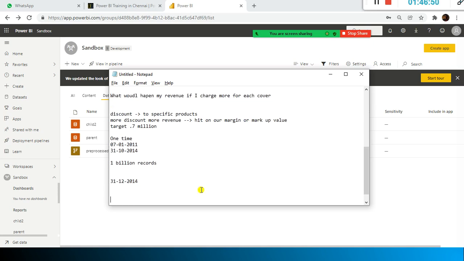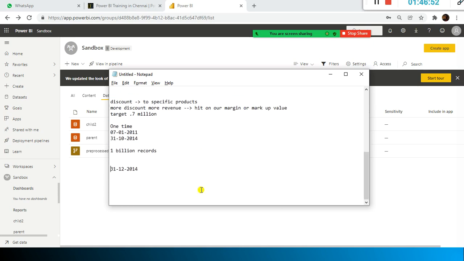So the next step is the rest of the things. From 11th and 12th month data alone, you need to load it. For example, now we are in 2021 December. This month's data alone, or next time, say 31/1/2015, when the incremental refresh runs as per the schedule you set, it has to load only this month's data.